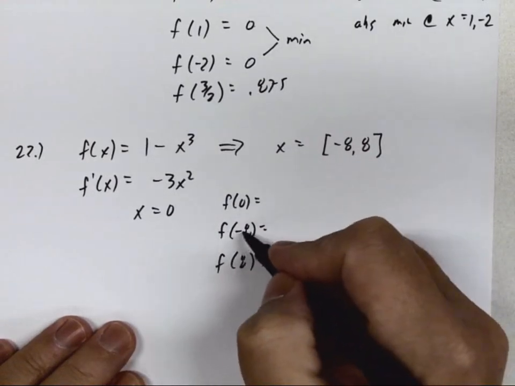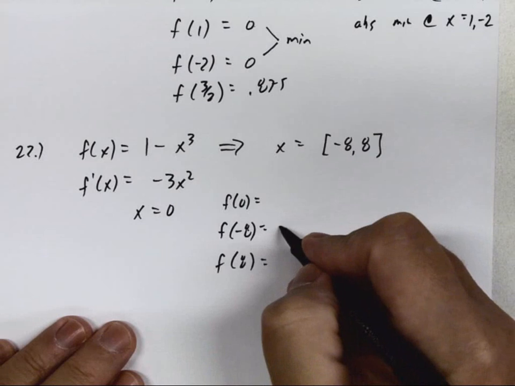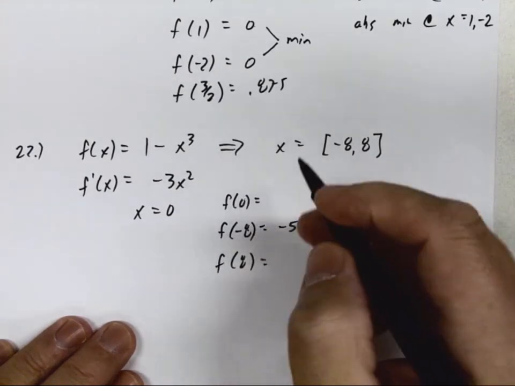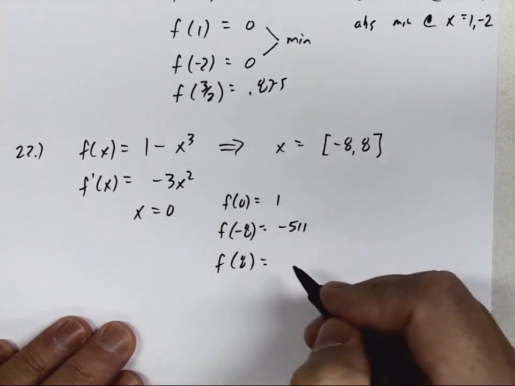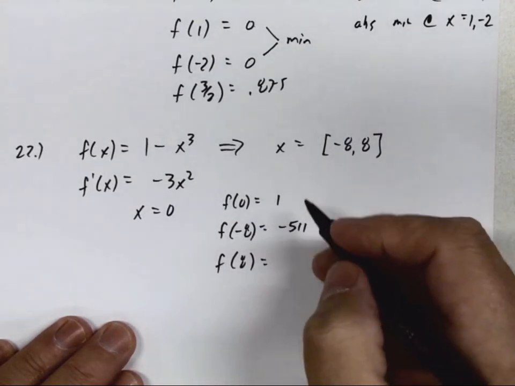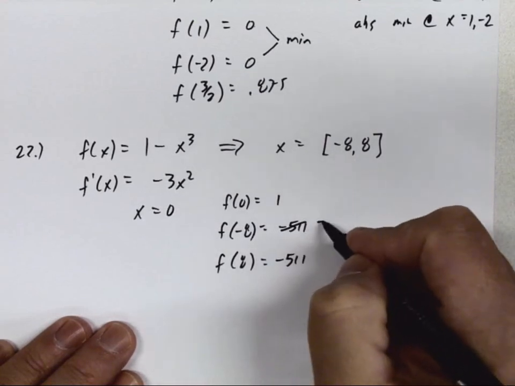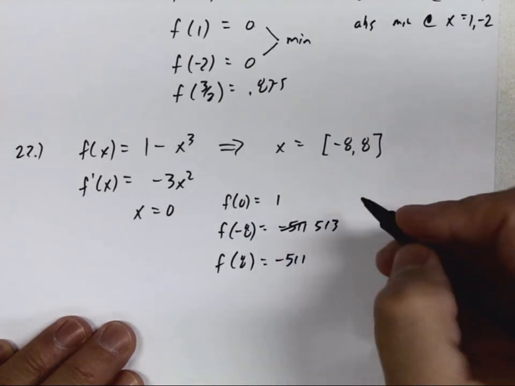So as it turns out, when you plug in -8 into your original function, you get -511. When you plug in 0, you get 1. When you plug in 8, whoops, I wasn't being careful. This one's -511. This one's 513. So obviously,